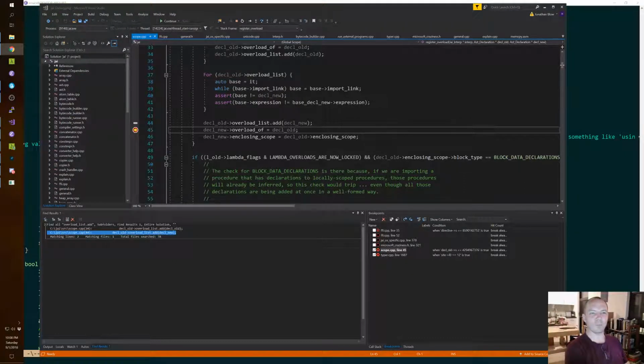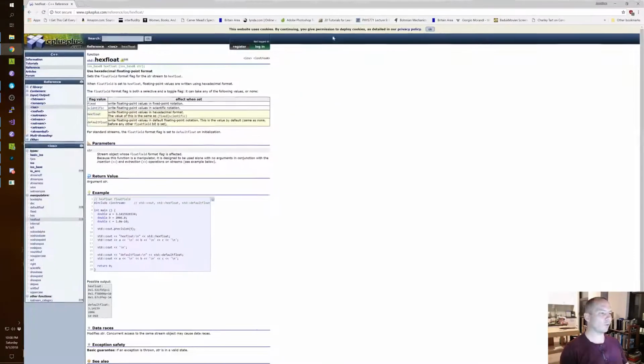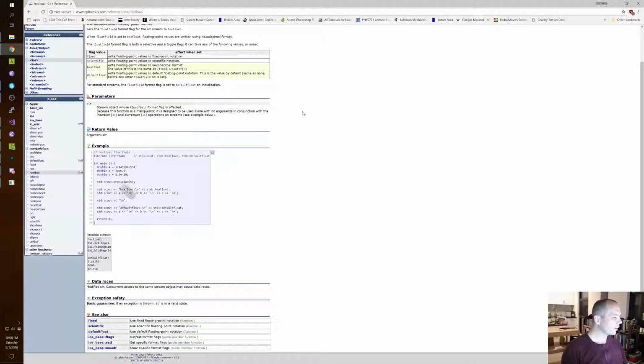I'm going to look up, because when I was trying to figure out what to do in this new language, I was like, I should do hex floats. Let me look at what people do. And I looked at the C++ one and I was like, wait. Yeah, it's like, what? Okay, I guess. It's just weird.